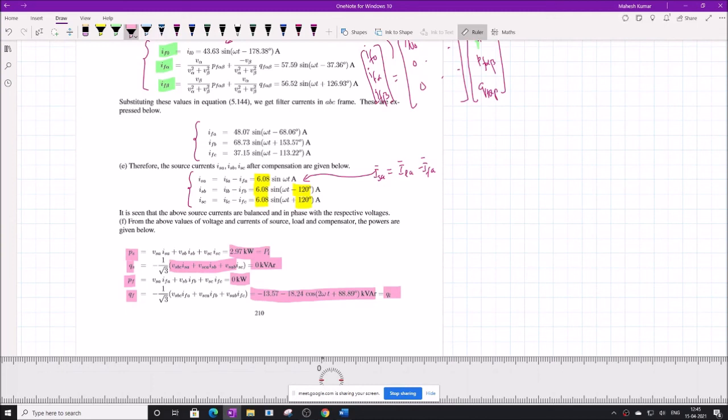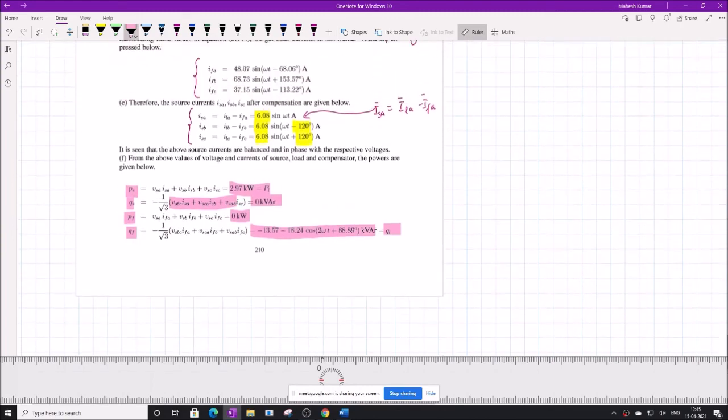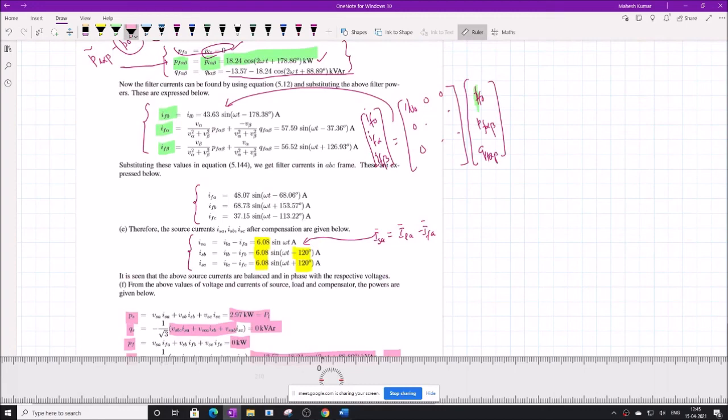And this is what we are supposed to verify, that the compensation scheme works well and involves the correct power replacement of the load, which is not desired to be supplied from the source. So all these undesired component powers are redirected to flow between the compensator and the load. The rest, the average power, comes from the source. So this is example 5.1. Solve it one or two times to get a complete idea about this.